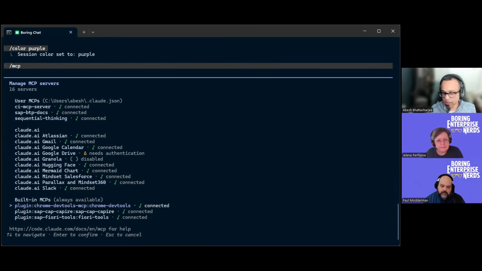One of them is Chrome DevTool. We are going to talk about that. So what does Chrome DevTool do? The Chrome DevTool MCP server basically gives your Claude Code access and control over your Chrome browser. So it can basically see what is running. It can see the code. It can see all the debug messages, and it can do inline code injection. That gives Claude basically eyes to see